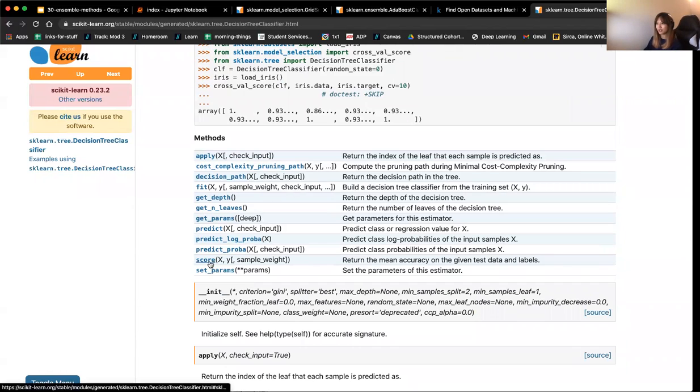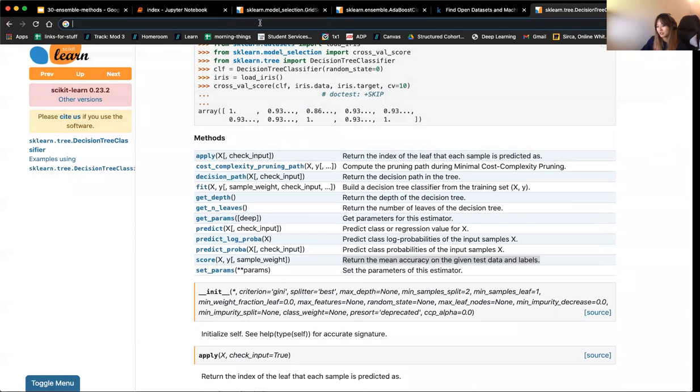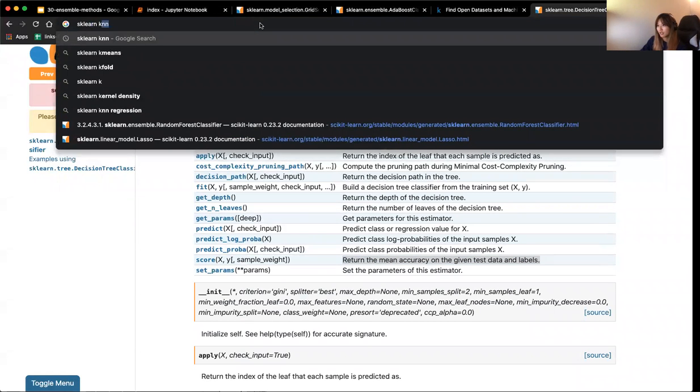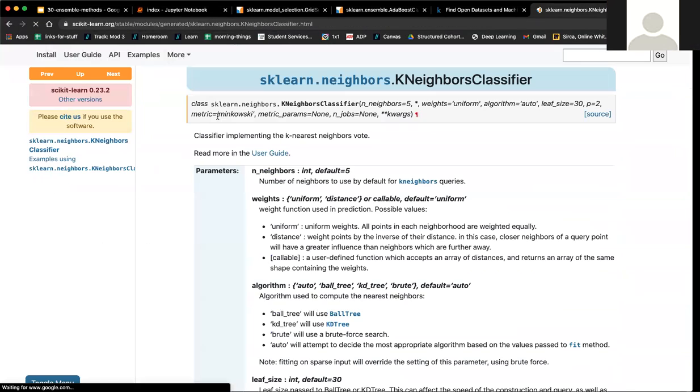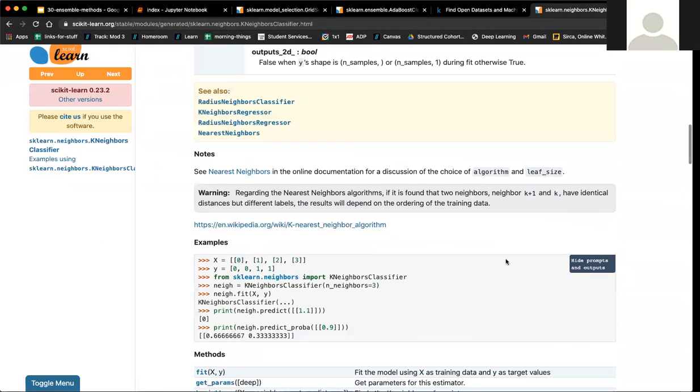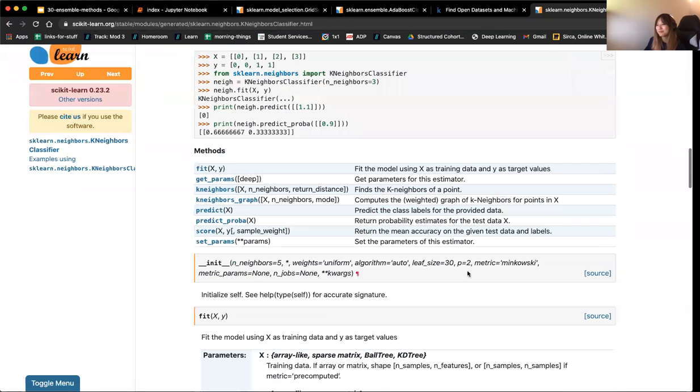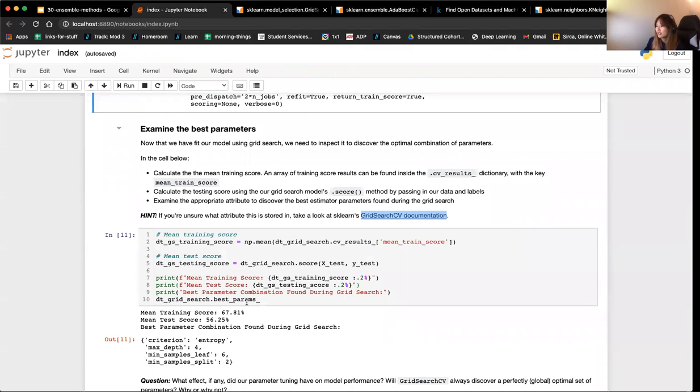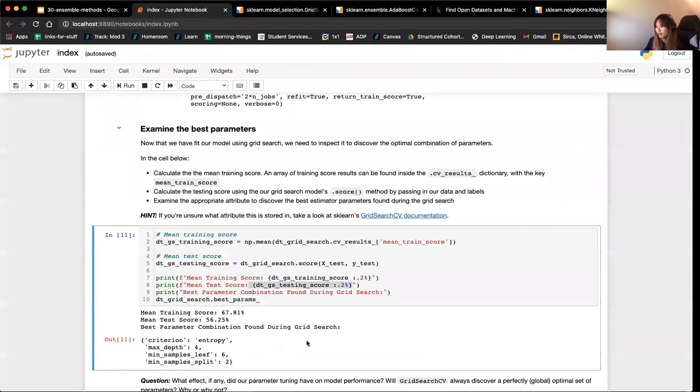You see, if you look at dot score, it gives you the accuracy. So I think most of them should be accuracy, but let me look up a different one, for example. Yeah, let's do scikit-learn KNN. And accuracy again is true positive plus true negative divided by all the. That's right. Oh, okay. Yep. So score, yeah, mean accuracy of the test data. Yep. So grid search, these scores come from